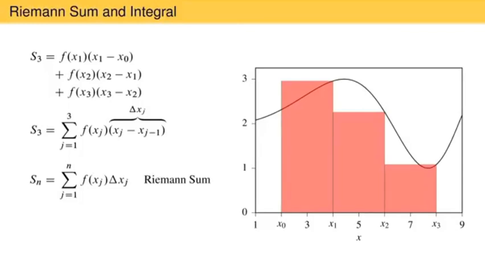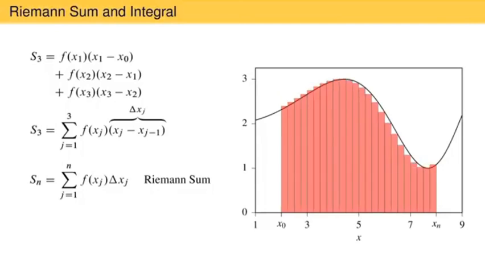The number of rectangles could be 6, 12, 24, or any other number. But S sub n only becomes a good estimate of the area under the curve if we take the limit of this quantity as the number of rectangles, the value of n, goes to infinity. In the limit of including very many rectangles, S sub n is the area between the curve and the x-axis